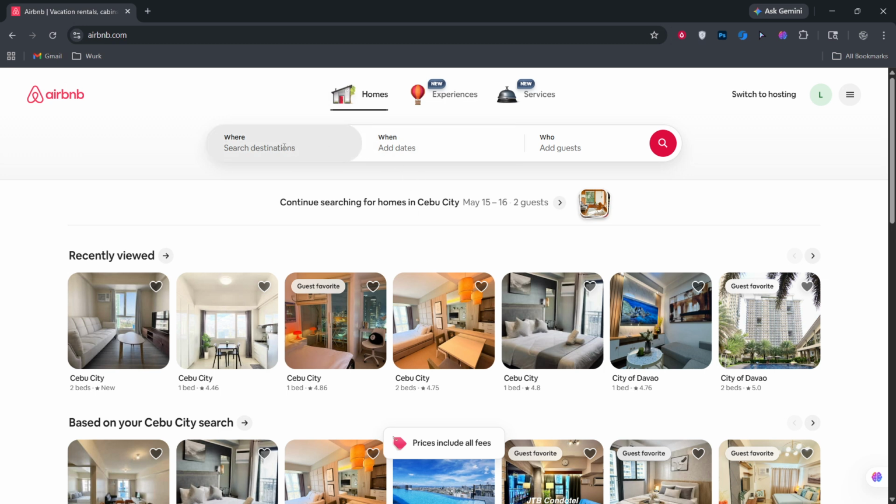Start by opening the Airbnb app on your phone, or head to the Airbnb website in your browser. You can do this on any device you're comfortable with. Once the homepage loads, you'll notice a row of icons and labels running across the top. This is the key. That row is a scrollable set of categories designed to surface standout stays.